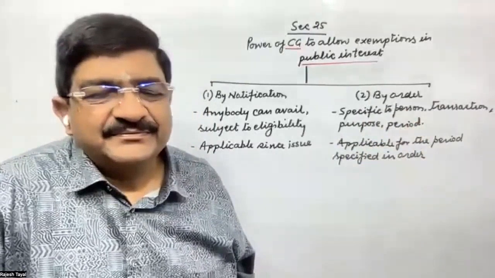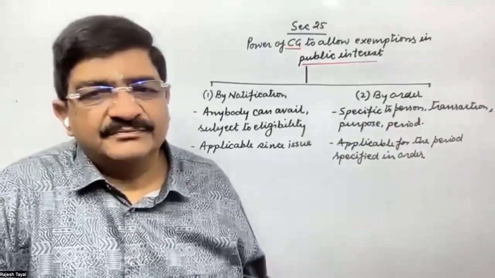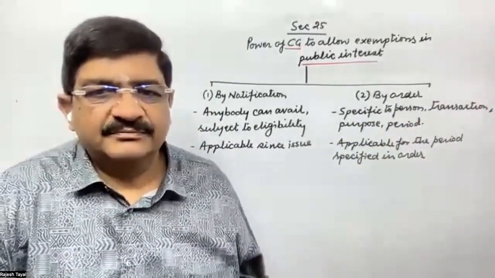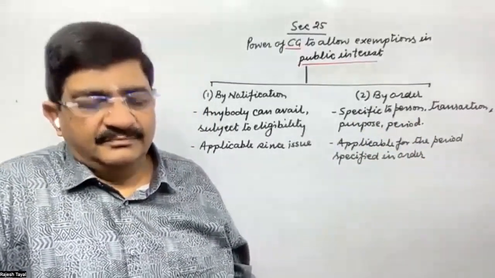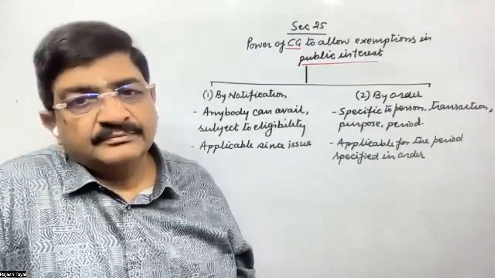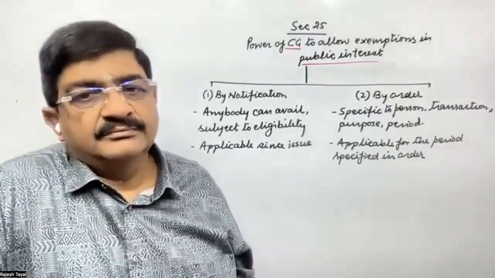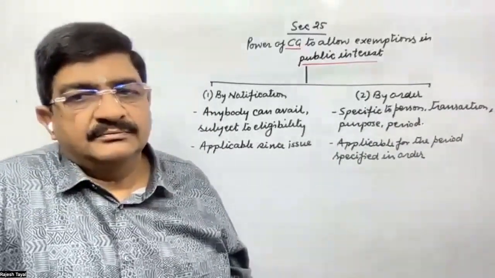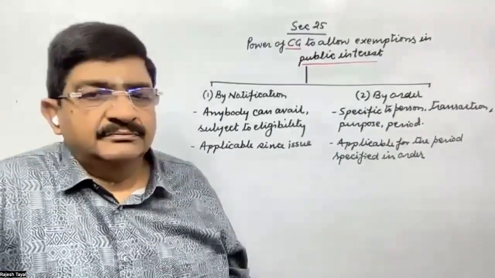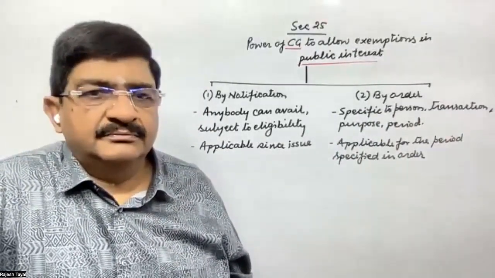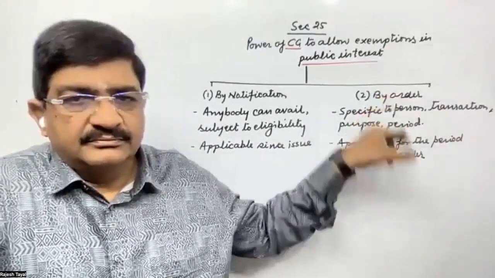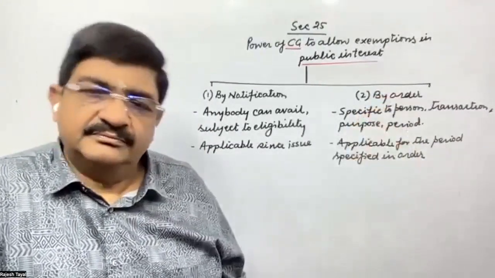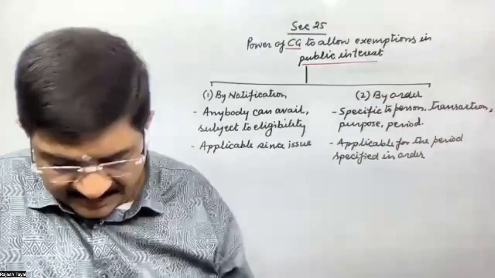Okay. So order would be on application. Let's say some industrialist is importing something for doing some charity works in India, and he wants exemption pertaining to that consignment. So he'll make an application to the government that kindly give me exemption from customs because this is for the upliftment of some cause, so he'll get the order. Okay, fine. Thank you. Right.